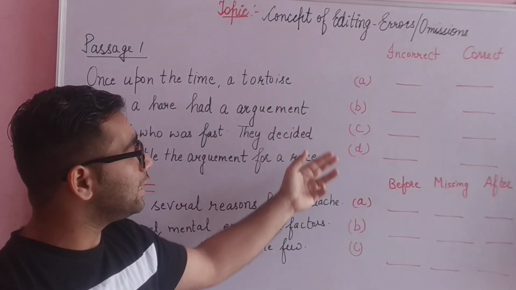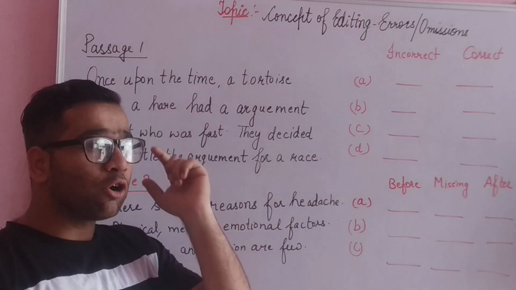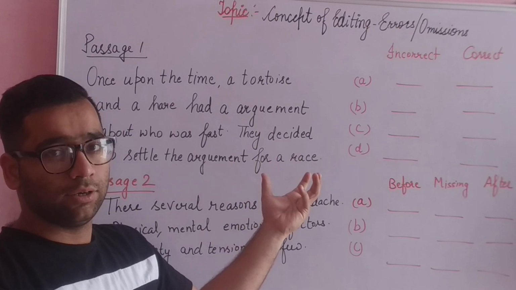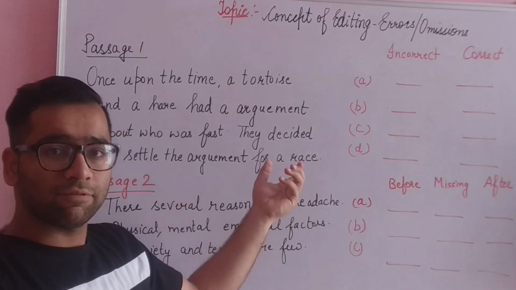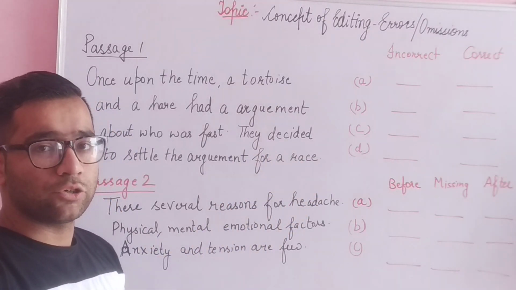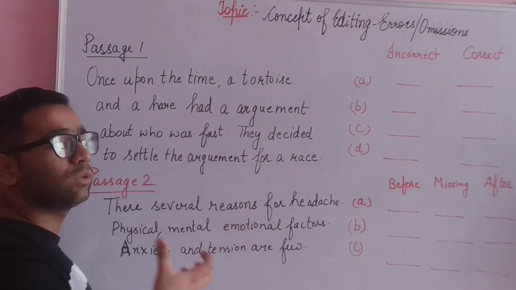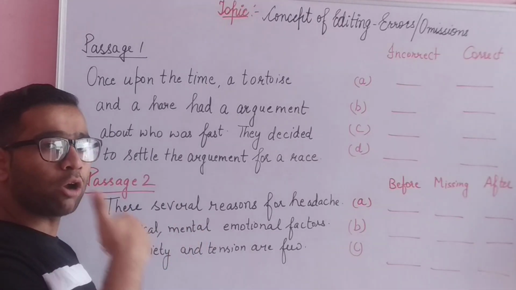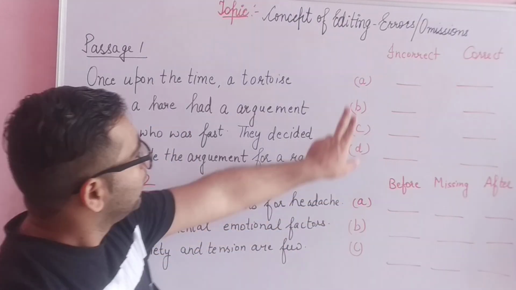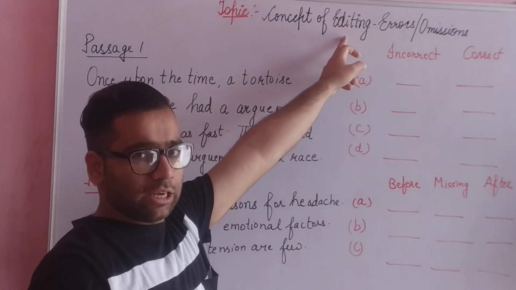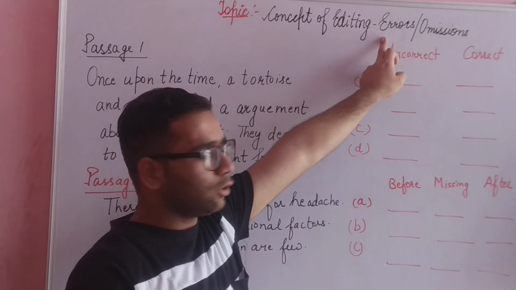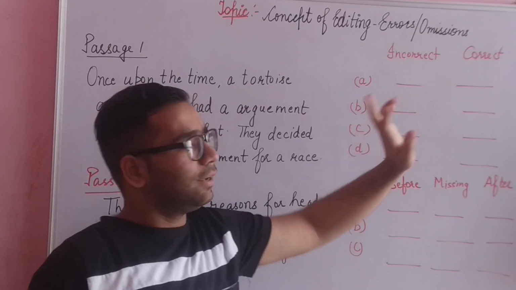So in these kinds of questions, your entire knowledge is checked. How is your English? What is your basic knowledge of English? These concepts will judge your basic knowledge of English, right from bottom to top. Editing is to make change. Change can be made in two ways, either by correcting the error or by adding something.